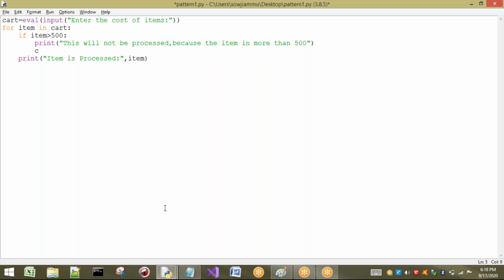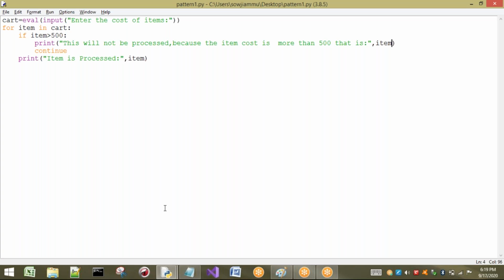What I will do, I will just say continue here. Nothing else is going to be modified. What I will write? This item will not be processed because the item cost is more than 500, and I will write the value also, where the value is in item.